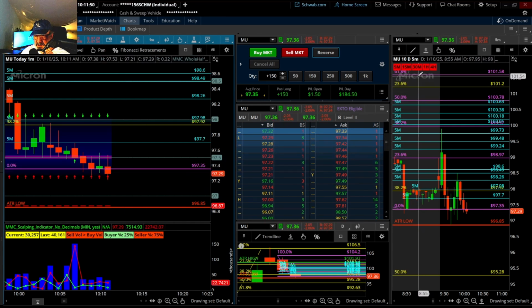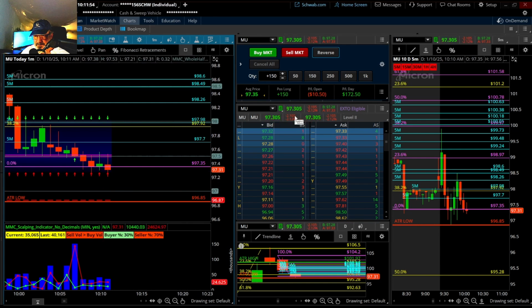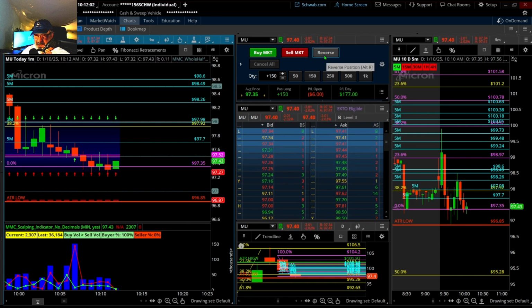This is saying it's going to go down, although the 5 minute just turned green for a second. So I have to be ready to reverse quickly, because when it goes down, it'll go down fast. So I was going to say, it depends on what this candle does right here. If this candle breaks down, I'm going the wrong way. So